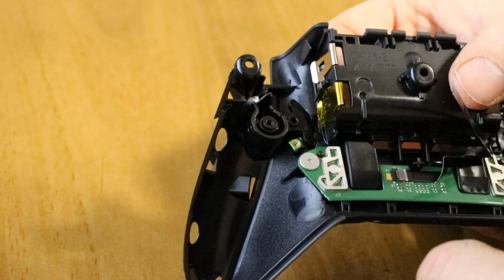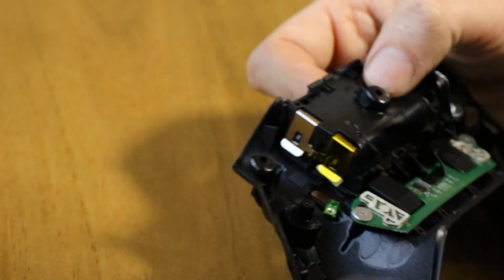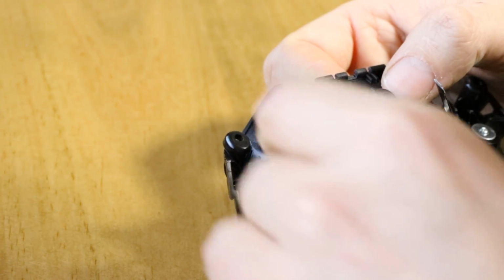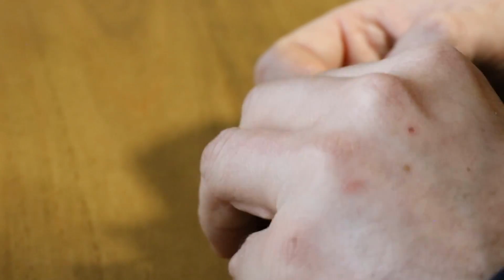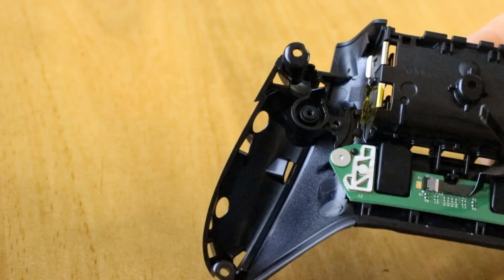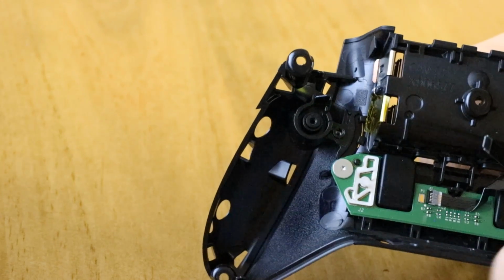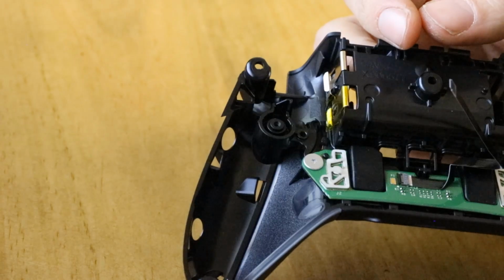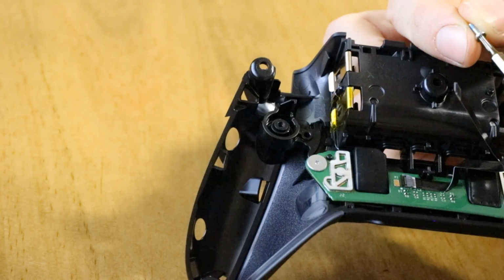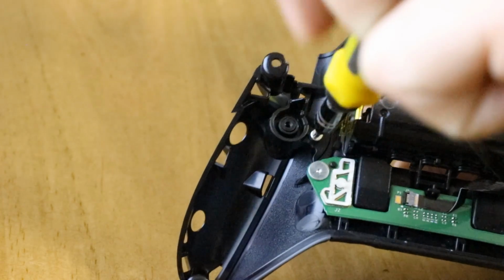Now you need to line up that hole with the hole in the black case. So you want to align this first to sort of central, say about there, and then try and place this black in and align the holes at the same time. And you'll find that it sort of naturally does that. So you can see there the holes have lined up. You can just see the metal in between. And then you have to gently get the screw back in, because the green will try and fall through the bottom side. So it just takes a little bit of practice, but you just want to get that in the hole, and